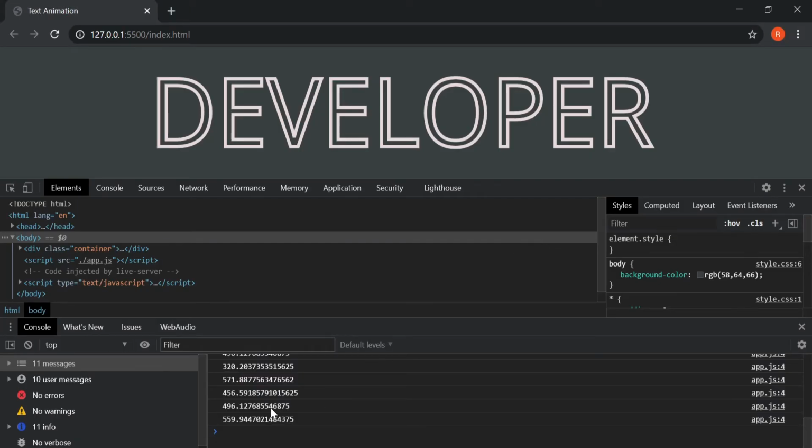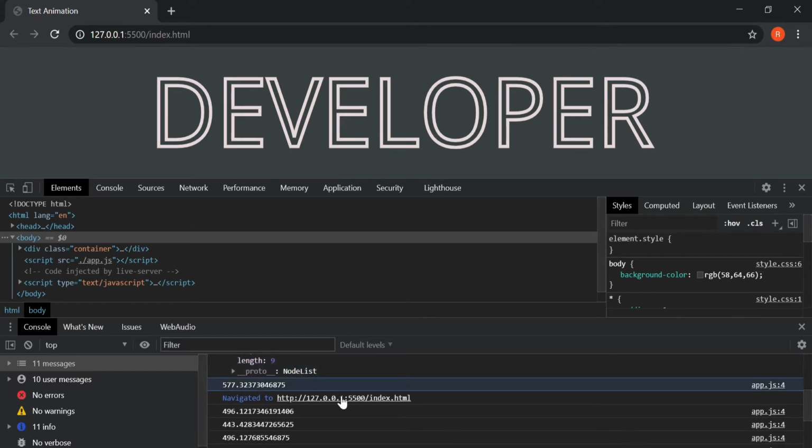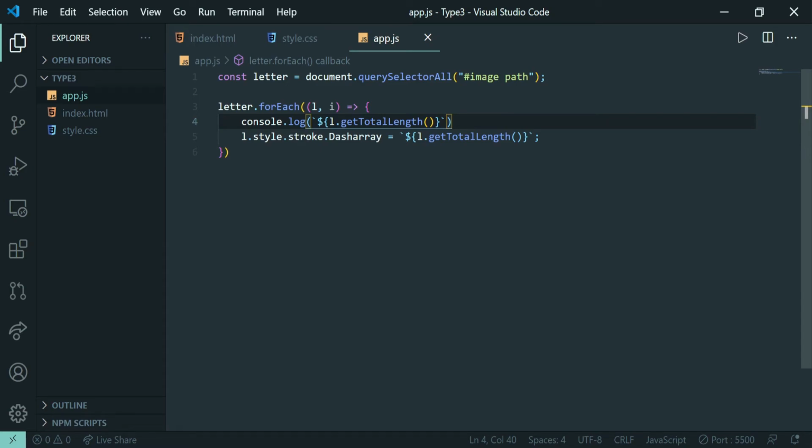First of all, let us see these values. What are these values? These values are basically the stroke length. This gives us the stroke length. First of all, we want our stroke length for dash array and dash offset to be full, and then we will be decreasing it like this.